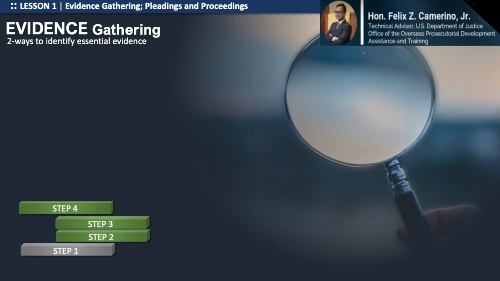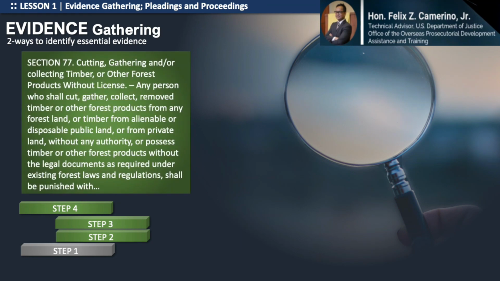I took from the Forestry Code a provision that we specifically looked at when we were discussing the Forestry Code. So this might seem familiar to you. All right, so I went and pulled up section 77. This is the provision entitled Cutting, Gathering, and or Collecting Timber or Other Forest Products Without License. This is the one that was wordy. And so there's a number of,